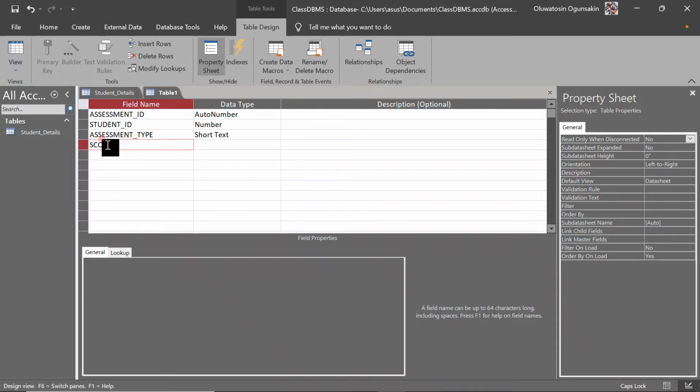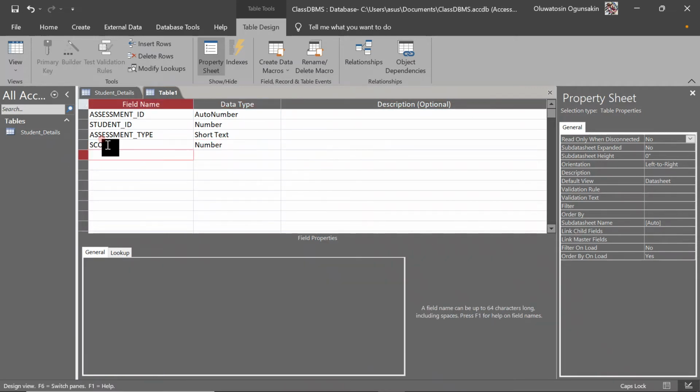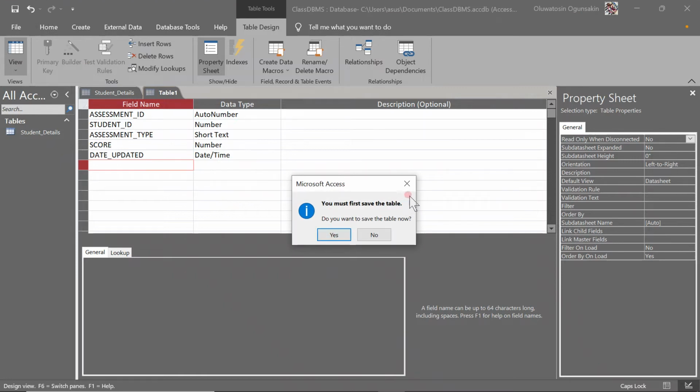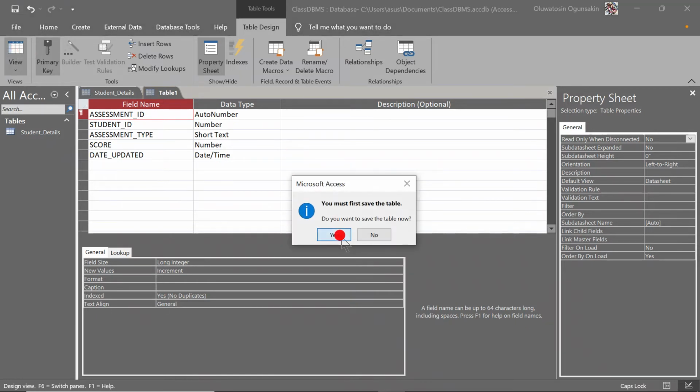Let me say score. I'll leave it to number. Let me say dates updated. I'll leave it to date. All right. I'll save. Let's not forget to assign our primary key to assessment ID. All right. So I save